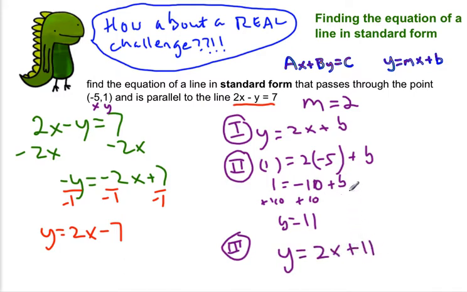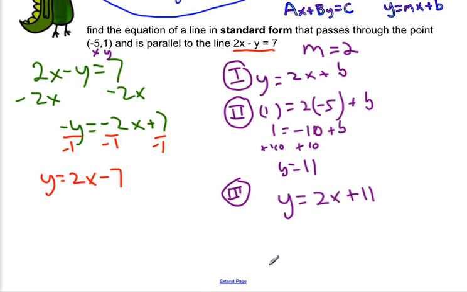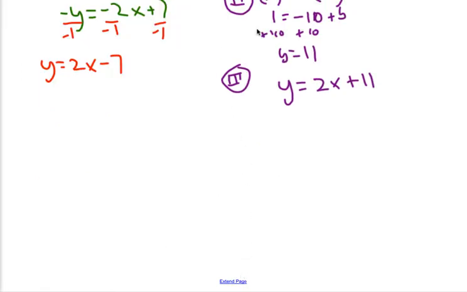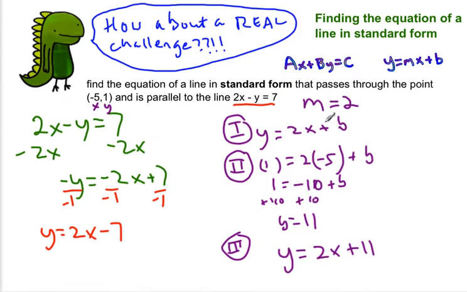Are we done? No, we're not, because we were asked to write the equation of this line in standard form. And we have written it in slope-intercept form. So we have one more step to do. We now need to write the equation of this line in standard form. So let's